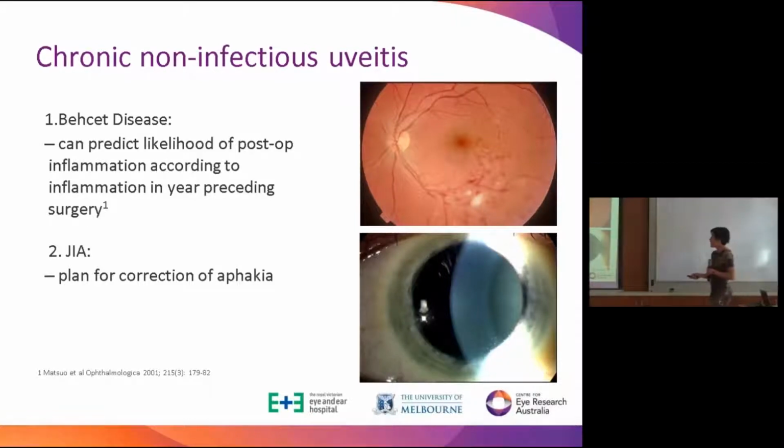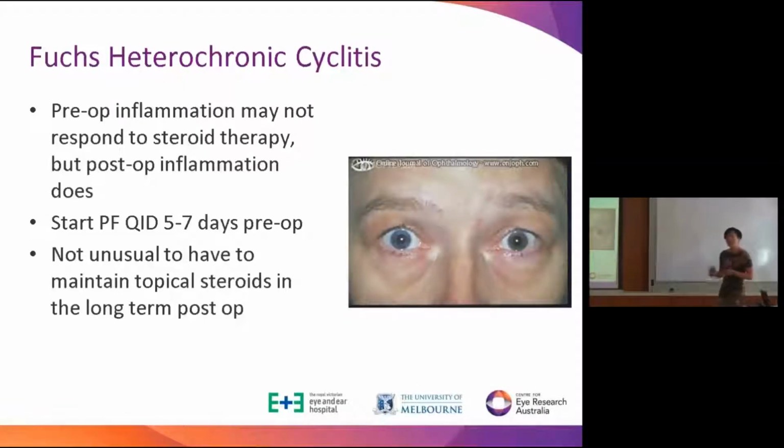With JIA, there has been a move towards putting lenses in, and I would have to say that I generally don't leave these patients aphakic anymore. Fuchs is another one. Initially, we all know that their treatment pre-op is not all that important. We only treat the complications. Cataract surgery in Fuchs, though, can sometimes trick you. I generally put them on some steroid drops pre-op, just 5 to 7 days initially. And I counsel my patients that they may require long-term topical therapy post-op because of their tendency to get deposits on the anterior surface of the lens, which can be visually disabling, but does respond to